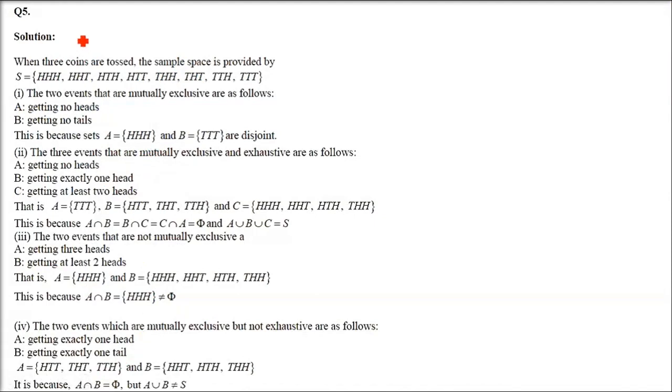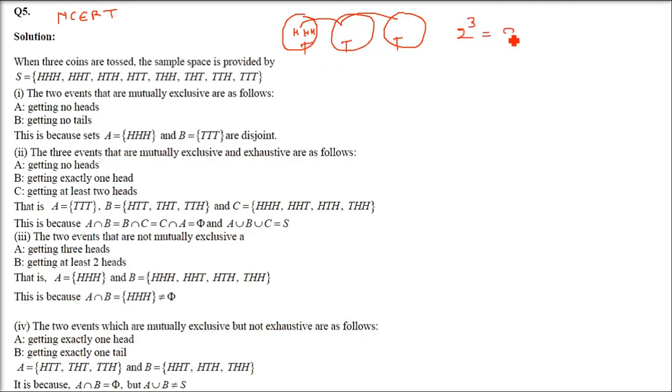Now the next question is, this is an NCERT question. So 3 coins are tossed. Describe. So 3 coins. If you remember, the sample space of 3 coins tossed together, or 1 coin tossed 3 times, is the same. So we have either head, head, head, tail, tail, tail, or other combinations that I am going to write just now. So there are 2 possibilities, head and tail. And since there are 3 coins, so 2 to the power 3, that is 8. So this is how we formulate it.